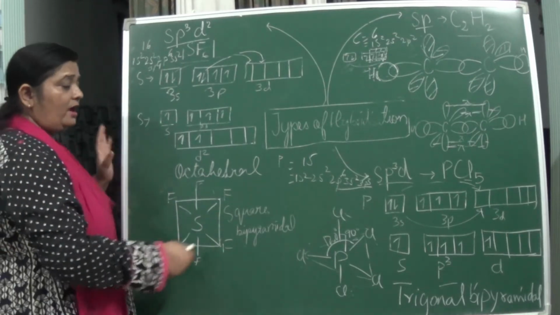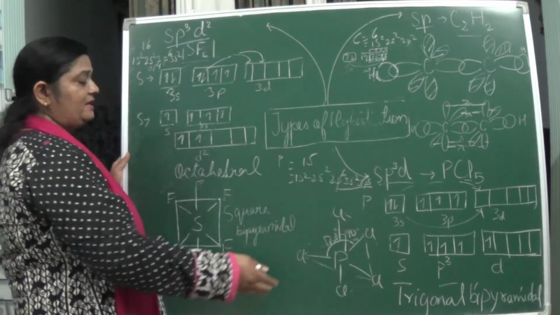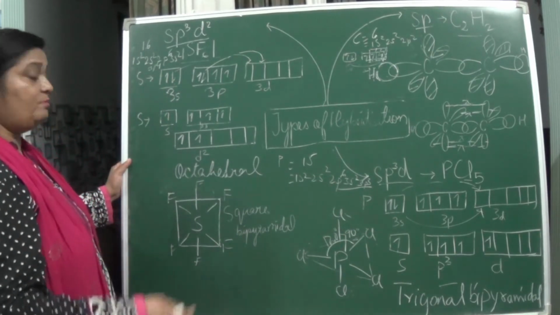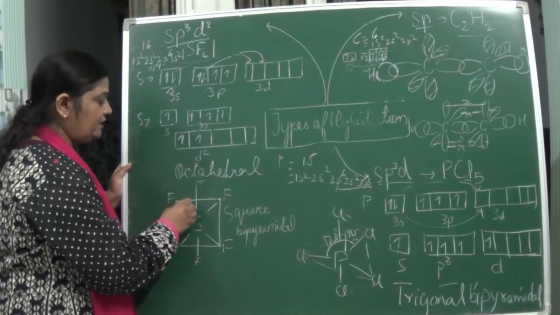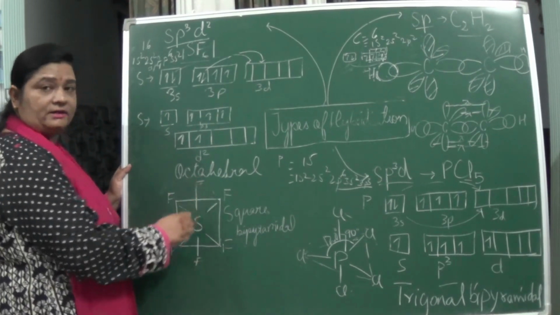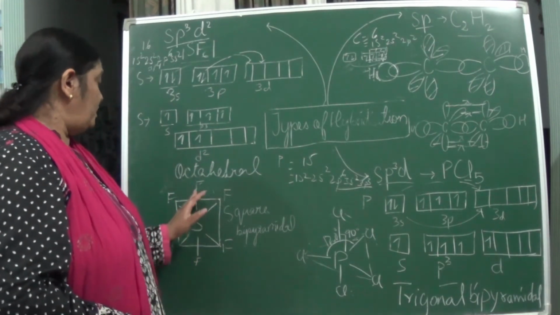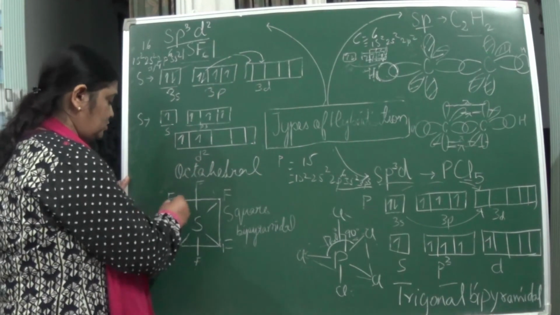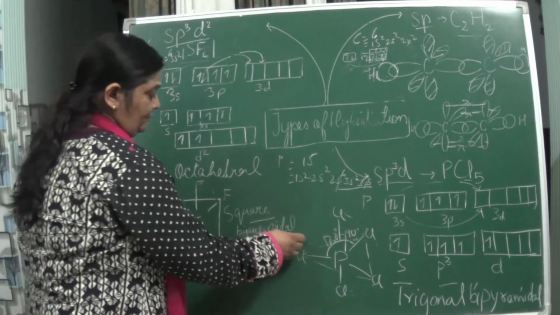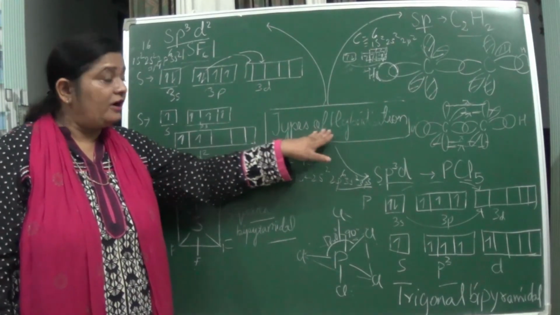Here you have seen that in phosphorus pentachloride, a triangular, planar triangular structure has formed, but in SF6 what happens? Here a square structure is formed, taking 2 fluorine at different heights, one above and one below. So when you join the lines, you will get the structure of square bipyramidal. So by this we come to the end of types of hybridization.